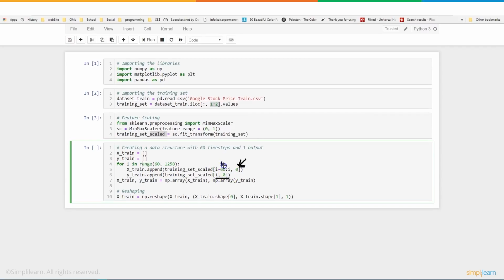If you remember correctly, I comma 0, this is 0 to 59, so there's 60 values in it. So when we do I down here, this is number 60. We're creating an array, and we have 0 to 59, and over here we have number 60, which is going into the Y train. It's being appended on there. And then this just goes all the way up. So down here is 0 to 59, and we'll call it 60, since that's the value over here, and it goes all the way up to